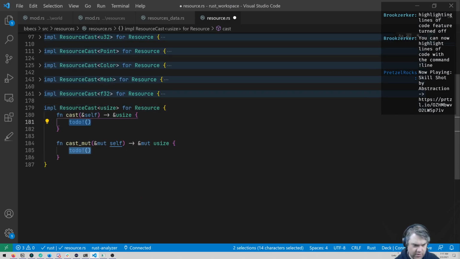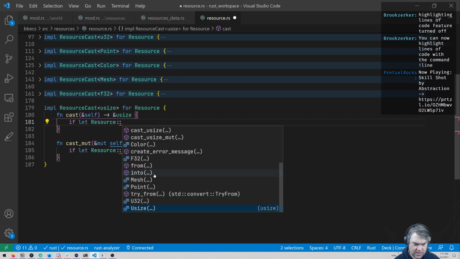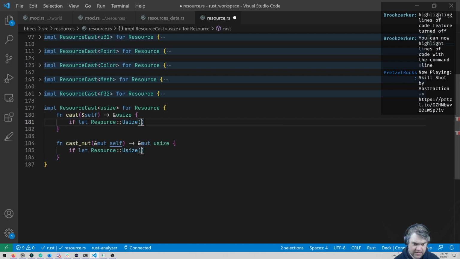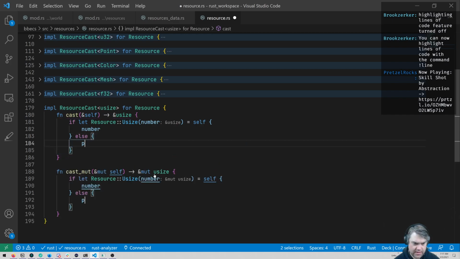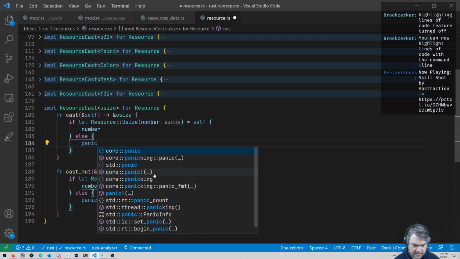All right. What do we got here? If let source usize will self turn the number. Let's panic.